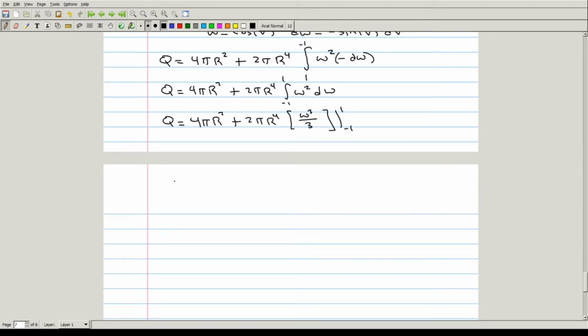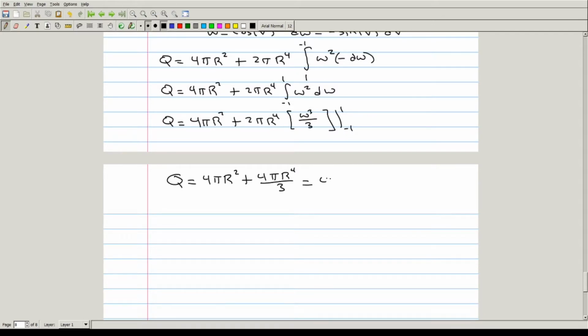So the total charge Q is going to be 4 pi r squared plus 4 pi r to the 4th over 3,